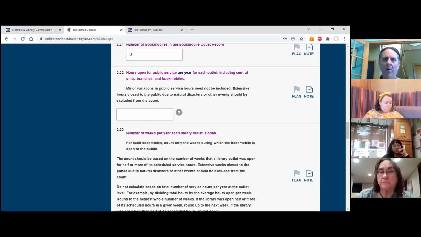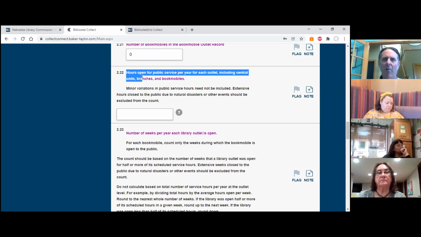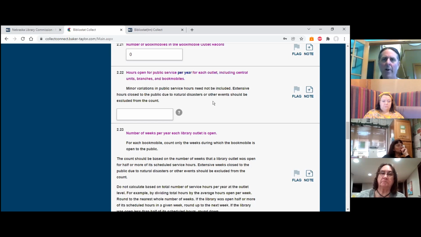You wouldn't exclude those hours from your public service hours. But if, say, your library was closed for 2 or 3 weeks because you had a flood or due to COVID, or say you had a major renovation or something, you would exclude those hours from the count. That would be an extensive closure. So generally you would take the number of hours that you're open per week multiplied by the number of weeks per year. Say, in a common example, you were open for 10 hours a week,